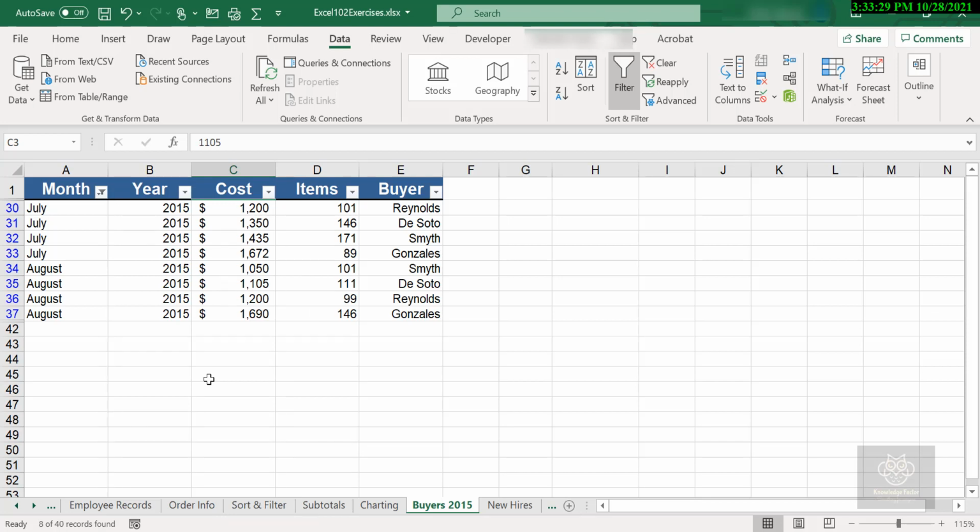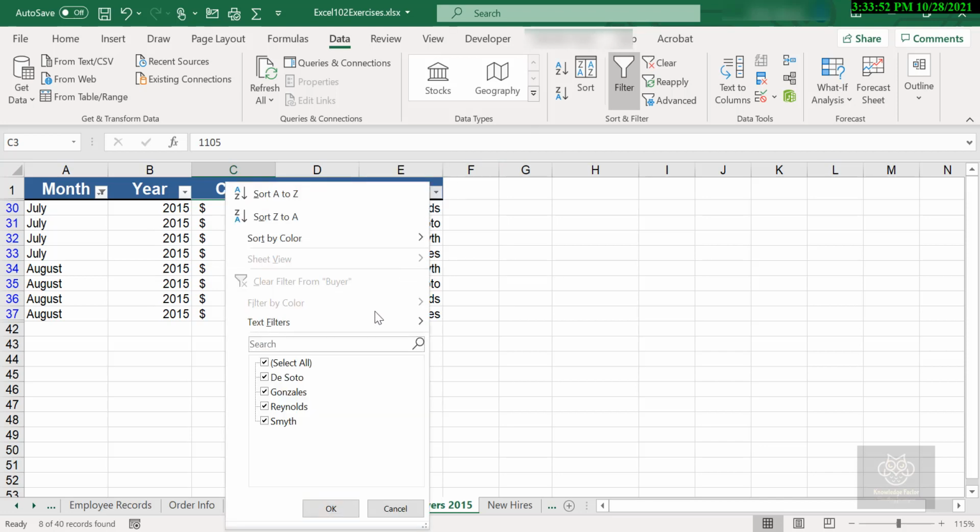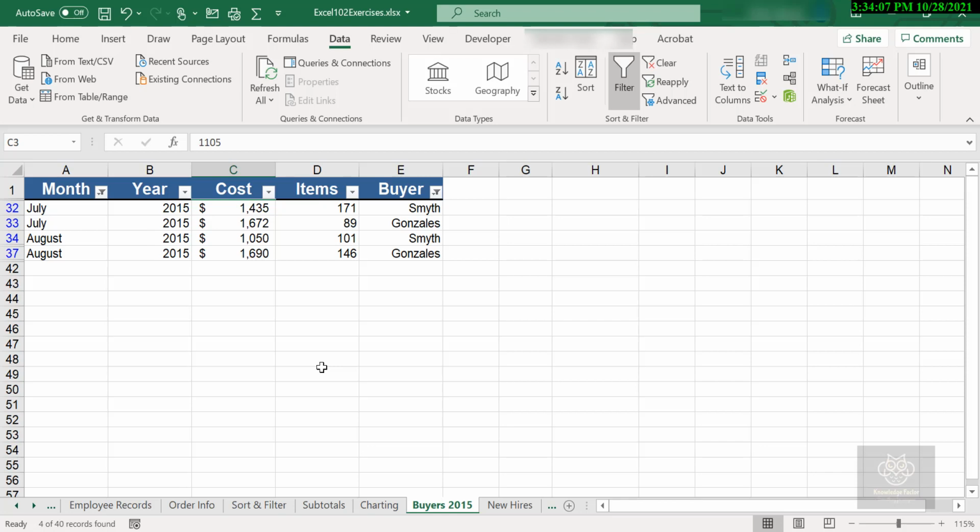Great, right? Now let's take this a step further. I'm really enjoying this because of how quick it is. You have a couple of buttons in and your list is now changed to show you just those specific records. Now I'm looking at July and August, but this is for all the buyers. I don't want to see all buyers, so I have got a little drop down and I'll deselect all and select Gonzalez and Smith, just those two people. Hit OK and now I have just got July and August records for those two buyers.